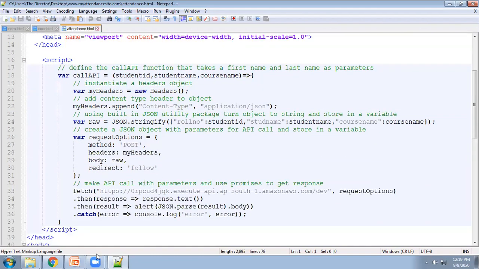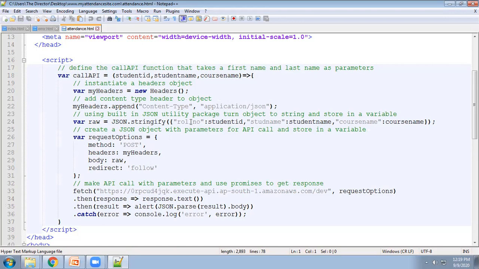Here I have used JavaScript. We have already created the API, and I'm calling the API. I'm passing the three variables: student ID, student name, and course name to the API. The API accepts the input in JSON format and provides the output also in JSON format. See here, the raw JSON stringify with roll number, student ID.